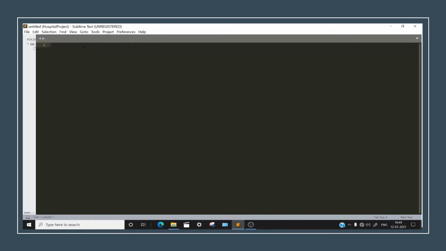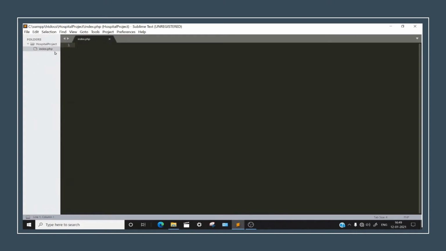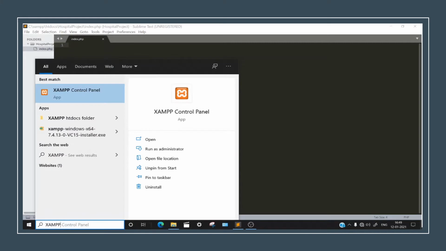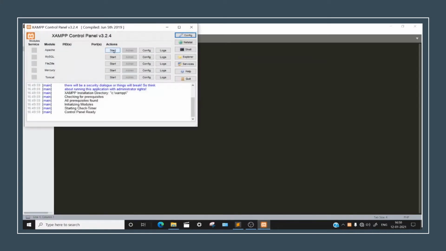So friends, now we will be coding the index.php file. Okay, so now we have all these things down here. Why did I name this as index in the first place? Let me just show you. You have to see that it's the XAMPP control panel. Let's start Apache and MySQL servers, which are the servers we will be using right now.